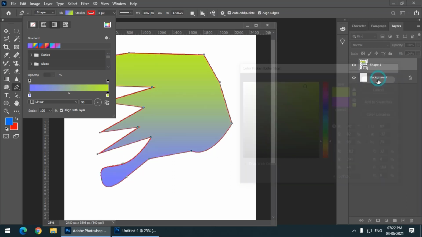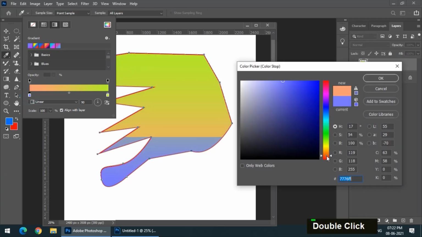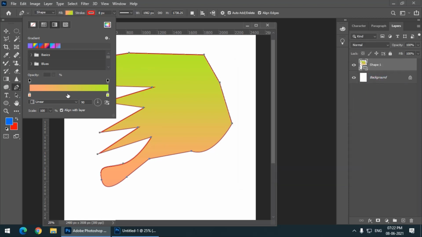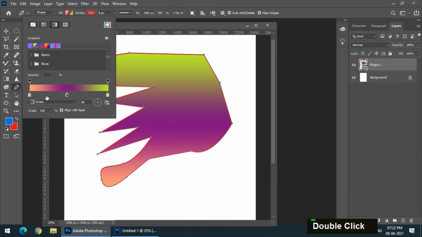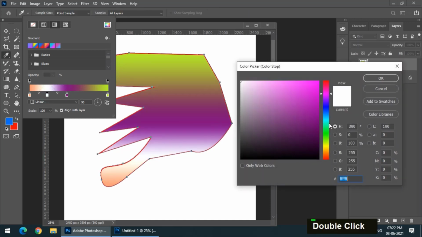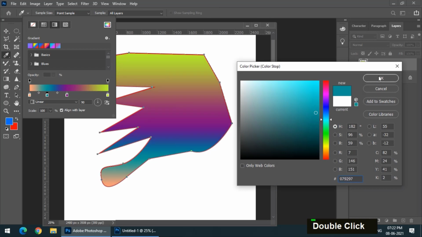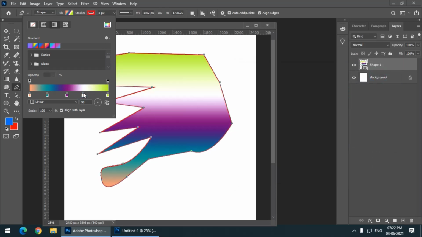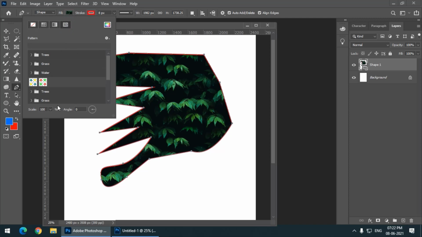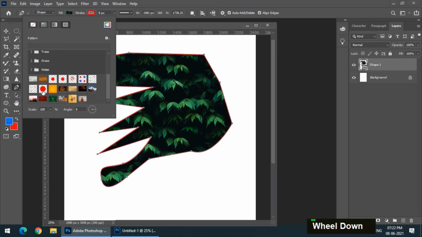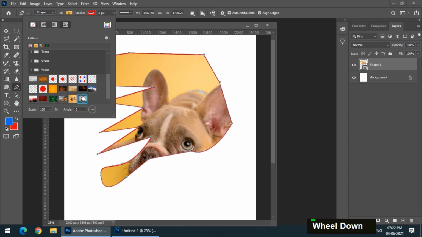So you can choose or change the gradient colors, and if you want to add, we have to click on the slider, then it will create an extra point. Like this, you can add as many points as you want, and we have these options, radial, angle, that you already know. And if you want to add pattern that we have seen, then the pattern option is also there, and we can choose any pattern that we want, that we have seen.